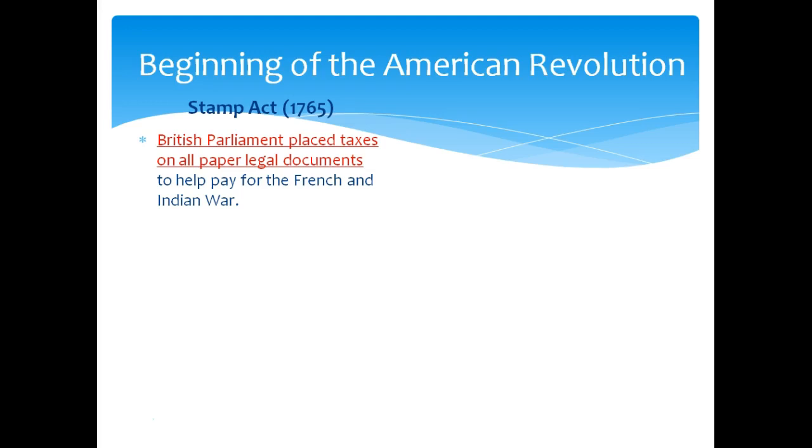And the reason why they did this is because they were in debt. Great Britain was in debt after the French and Indian War, and they needed help to pay for that war. And part of that paying back was the